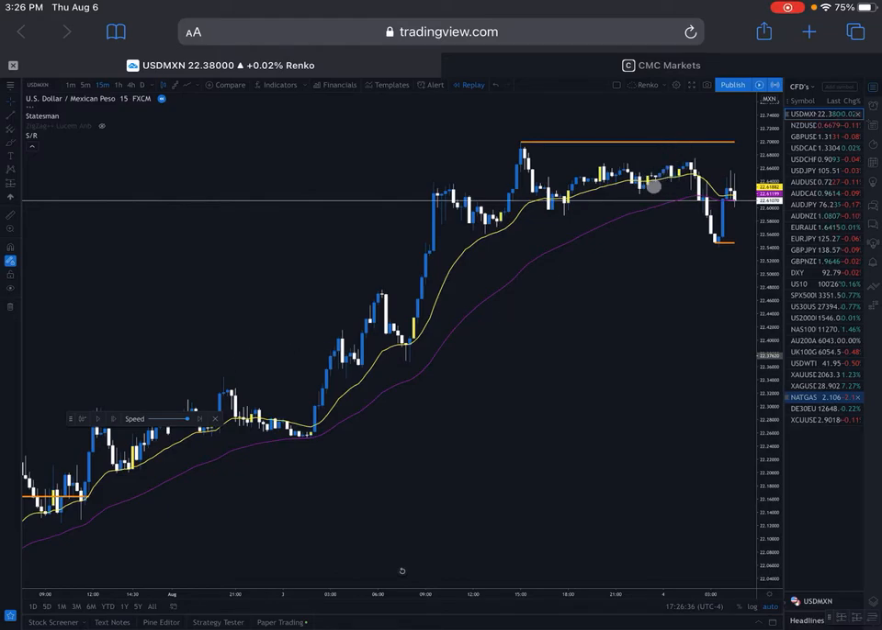I believe it was right in this area here. I was looking at the same context as before. And what happened was that I ran my stop below the 55 again, but the market immediately sold off, took me out,